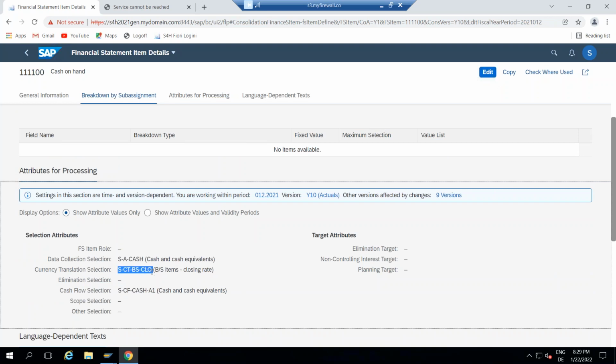SAP has already assigned which FS items have to be included for the currency translation. So if you have defined a new FS item which has to do the currency translation conversion, it is easy for you to assign that FS item in this particular selection criteria. So no need to change any master data.